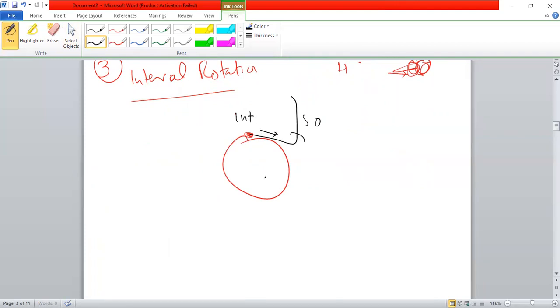So forget all the three, just remember this one. If the professor or your supervisor asks you to diagnose him on the basis of the internal rotation problem, how are you going to